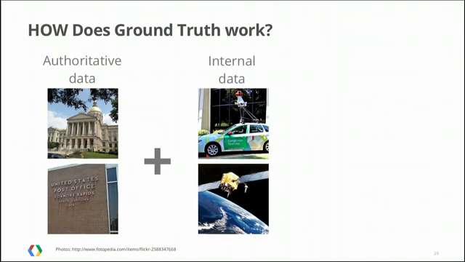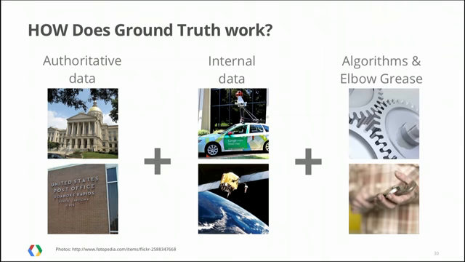We combine that with internal data that Google has. This is one of the best leverages that we have because we're one of the few companies that has all this satellite and aerial imagery and all this street view imagery. And you can conflate those two together and correct one with the other. So even though you got, say, your roads from the city, it turns out when you look at road data and you compare it to satellite imagery, it doesn't always line up so great. So you can correct the road imagery and make it even more accurate by snapping it to what you see in the satellite imagery. Then the last chunk is algorithms and elbow grease, the byline of the talk.